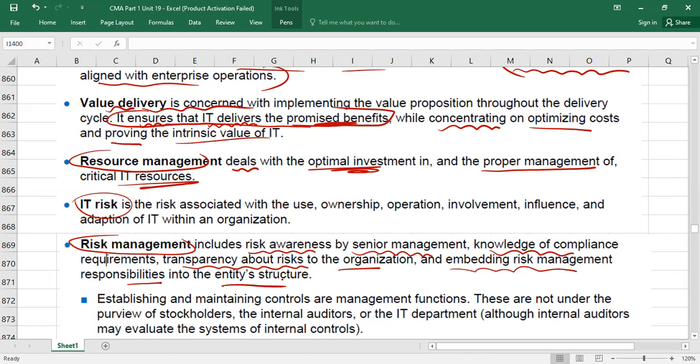In the risk management process we have studied, you should identify the risk, assess the risk, prioritize the risk, set the risk response, and monitor. So all this is called what? Risk management. So being a board of directors, you have to focus on risk management.